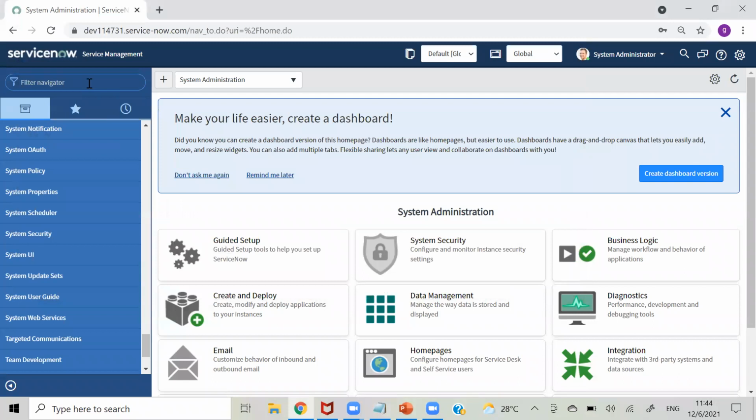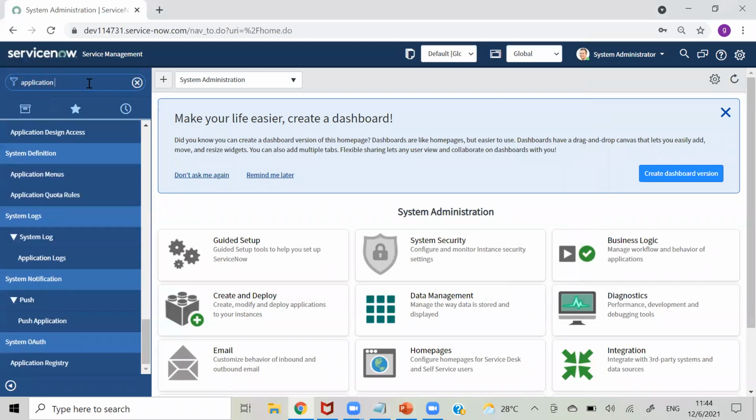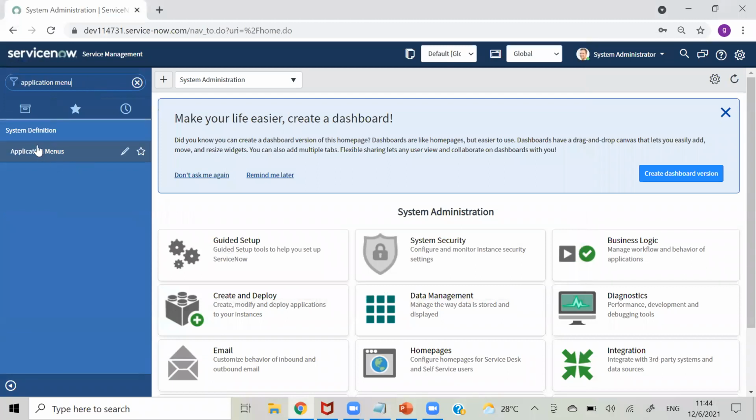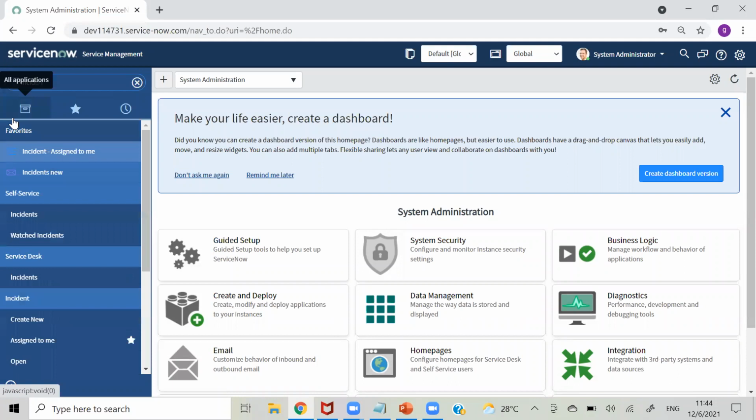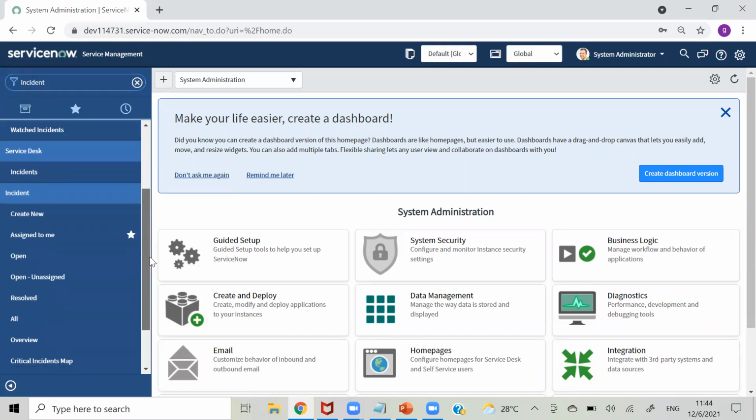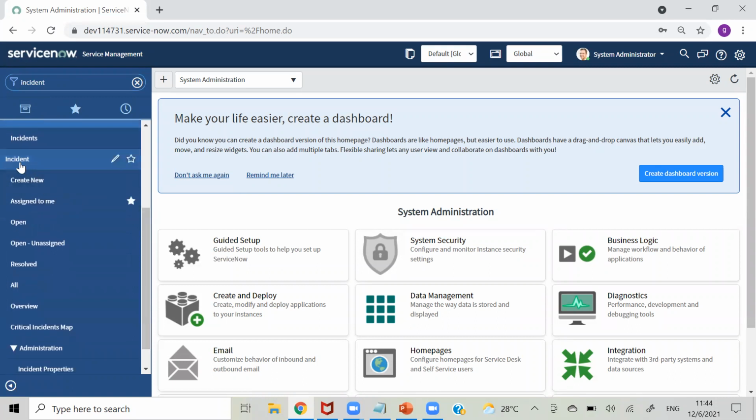For that, you have to go to application menu. But before going to that, first incident. You can see we have incident as application menu and create new, assign to me, open, all these are modules. Okay, so let's explore this one.